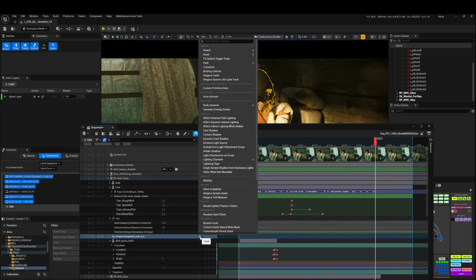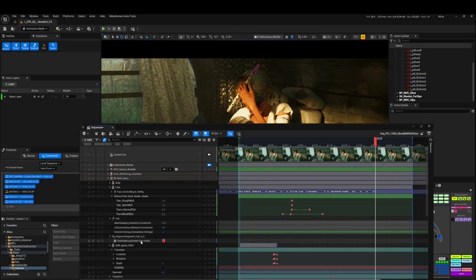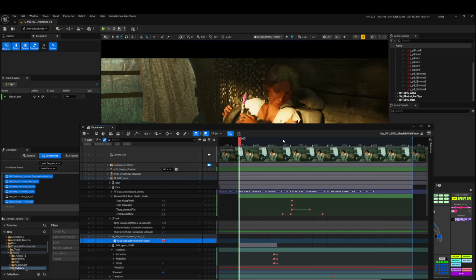And then I'm going to click the little plus sign and add the Niagara cache. This is a stable spring system hair, which is, I think, the default. Now, okay,